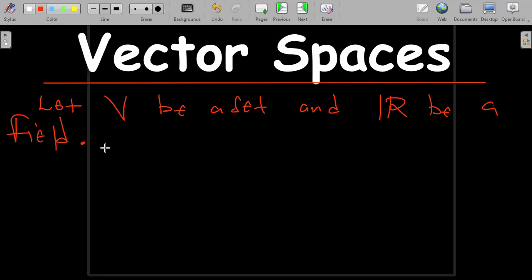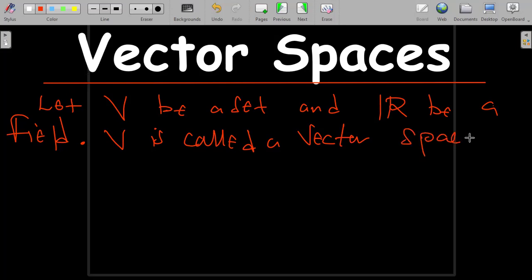Then we are going to say that the set V is called a vector space over R if the following conditions are met. I said we have 5 under addition, and then we have 5 under multiplication. So under addition,